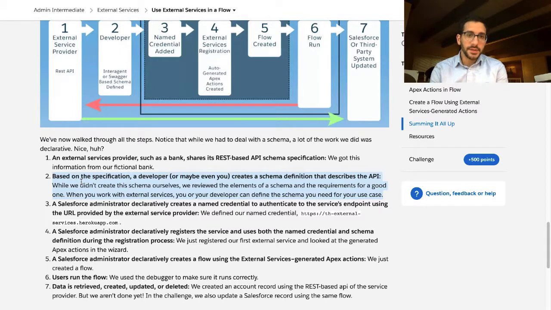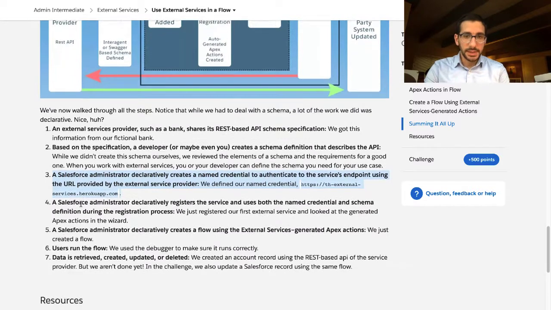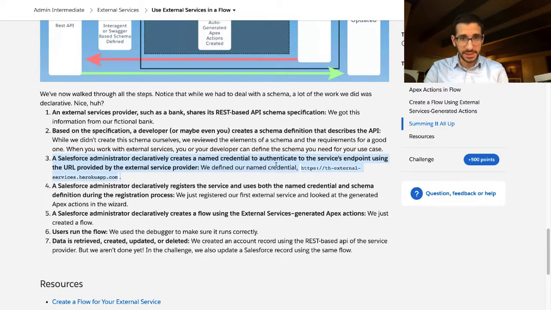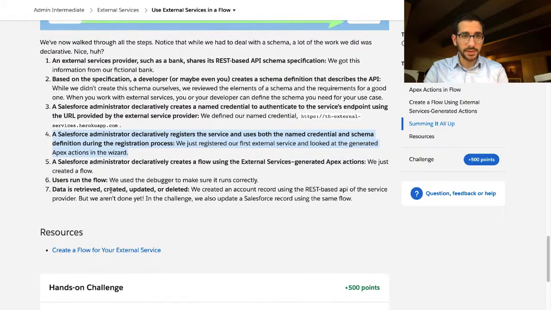When you work with external services, you or your developer can define the schema you need for your use case. The Salesforce administrator declaratively, clicks not code, creates a named credential to authenticate to the service's endpoint using the URL provided by the external service provider. We defined our named credential. The Salesforce administrator declaratively registers the service and uses both the named credential and schema definition during the